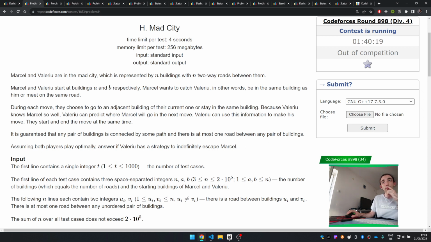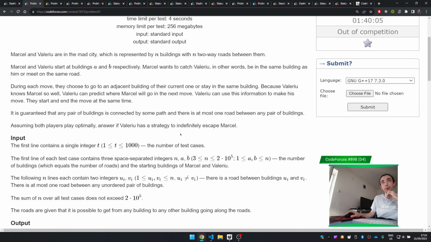So, well, he can predict where Marcel will go on the next move. He can use this information to make a move. They started and ended at the same time. It is guaranteed that any pair of buildings is connected by some path, and there's some road between. Okay, a simple answer. Is there a strategy to indefinitely escape Marcel? So he can predict where Marcel will go on the next move, and now the thing is,